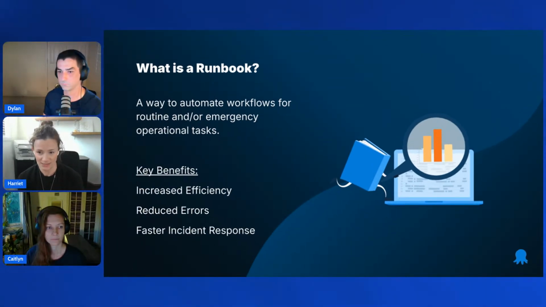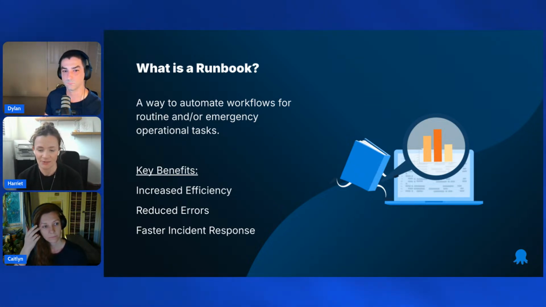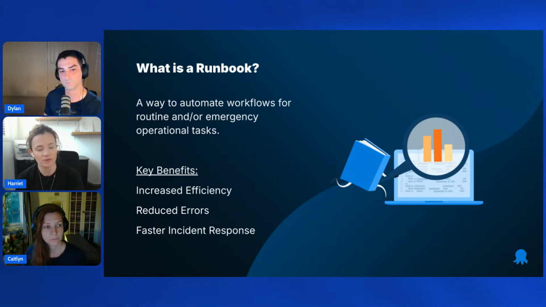Runbooks allow for us to run emergency operations, so it can handle urgent tasks like failing over to a disaster recovery site or restarting servers during an incident, for those times when things don't go quite the way we hoped. Runbooks also help you provision infrastructure, so they support deploying cloud infrastructure templates, or they help you manage your Kubernetes clusters. They provide flexibility and control, so runbooks can run on various environments from test all the way through to